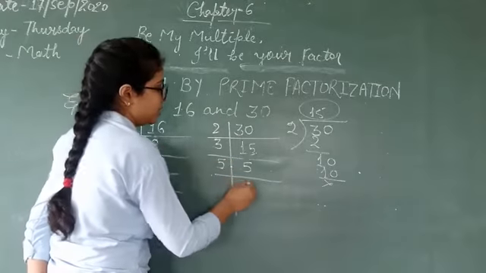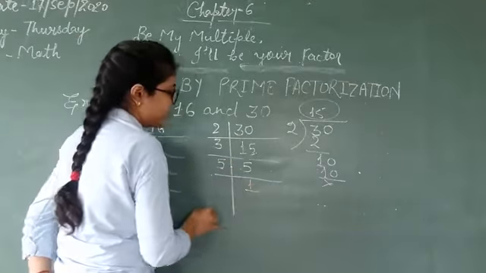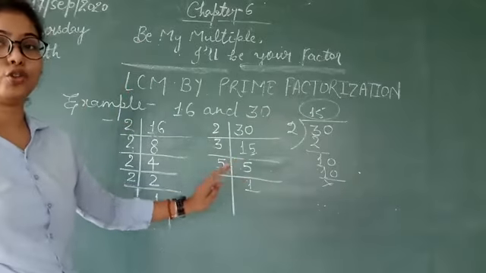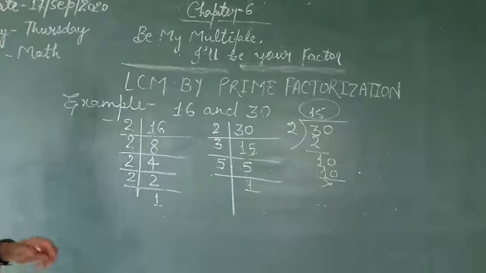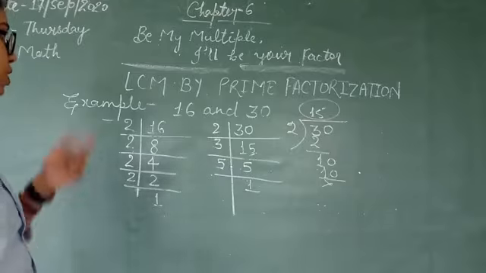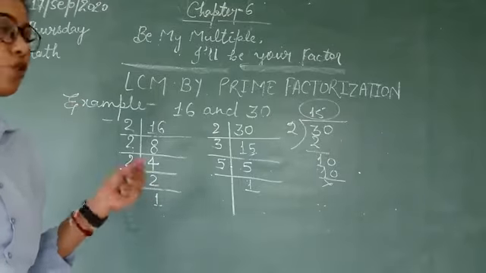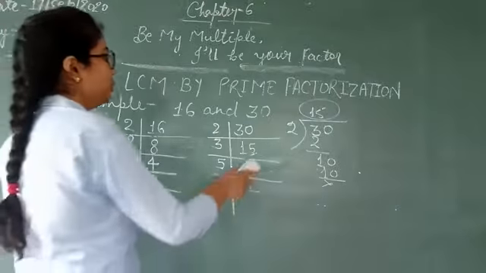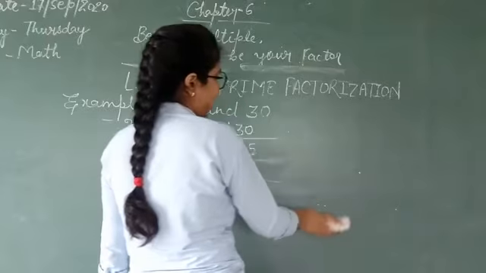We will take 5, and this is 5 1s are 5. Now you got 1 here, you have to stop. Now what we do for the LCM? Okay. So for LCM you have to do a simple thing. I am telling you that you have to make a chart.